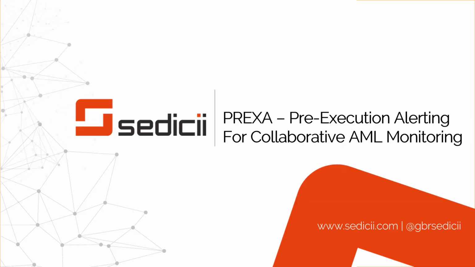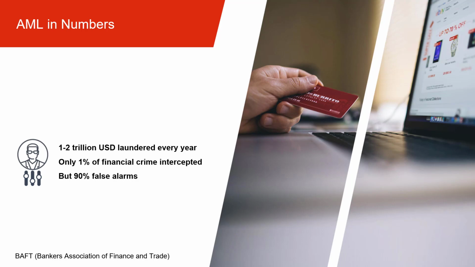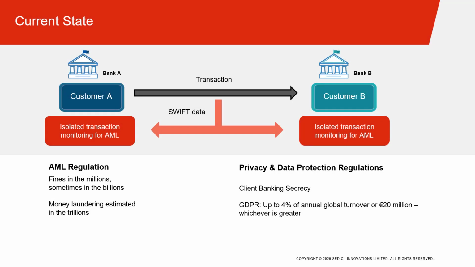BAFT estimates that 1% of the proceeds from financial crimes are intercepted. Meanwhile, 9 out of 10 suspicious activities flagged by AML software in banks are false alarms. In many cases, AML software is inefficient because financial institutions are subject to regulations such as the client banking secrecy